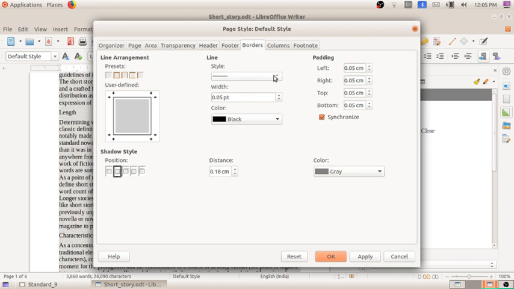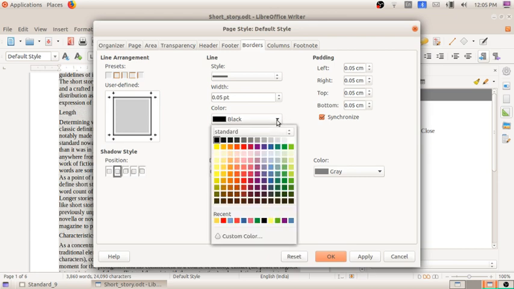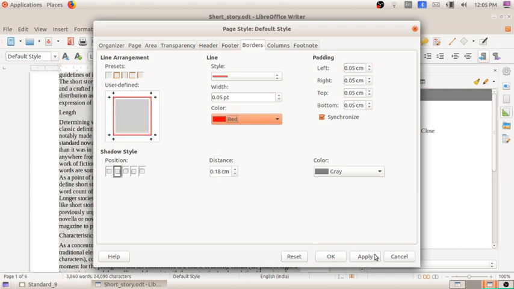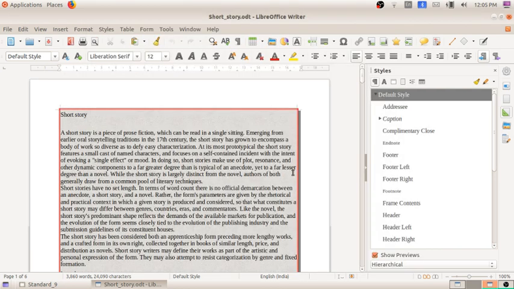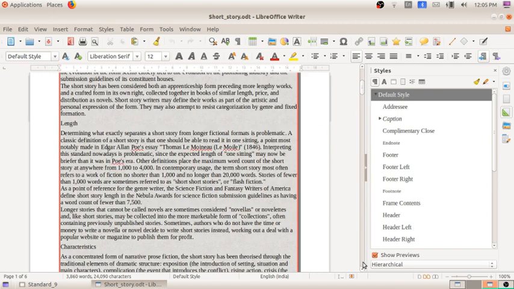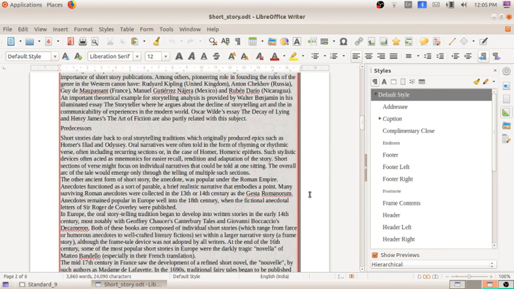And if I want to increase the thickness of the border, I can select any of these options. So I am selecting this one, and if I want to change the color of the border, that is also possible here. You can opt here. I am taking the option red and clicking on Apply. Click on OK. Now you can see the page border. It is red in color, and for the right border you can see the shadow also. So I hope it is clear to you. So this much is the second activity.